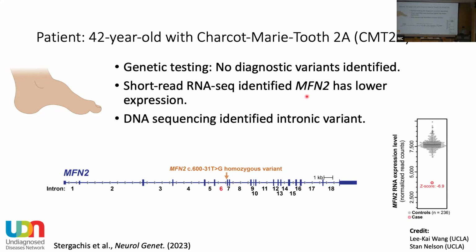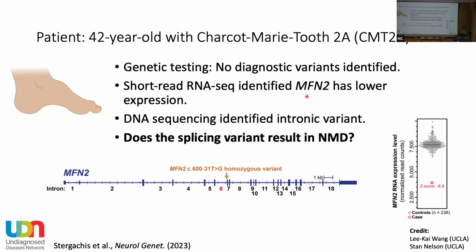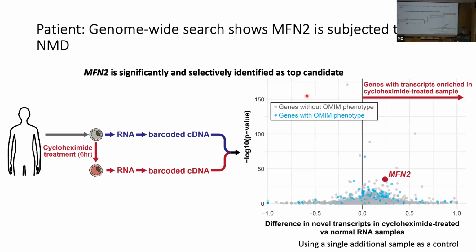So to actually determine the mechanism of this genetic variant, we decided to apply our transcript sequencing workflow with cycloheximide. So using RNA sequencing and cycloheximide, we were able to find that MFN2 actually does undergo nonsense-mediated decay in this patient. And in fact, this actually showed up as a top hit in our genome-wide search. So we looked at the entire genome, all 20,000 genes. We looked at the mRNA for every single gene, and we found that MFN2 showed up as a top hit